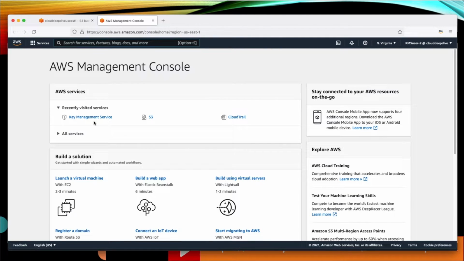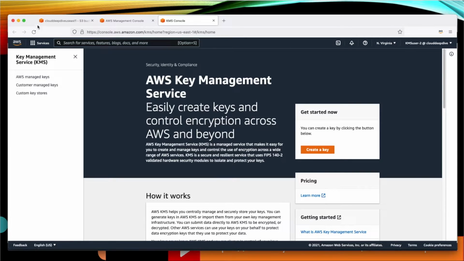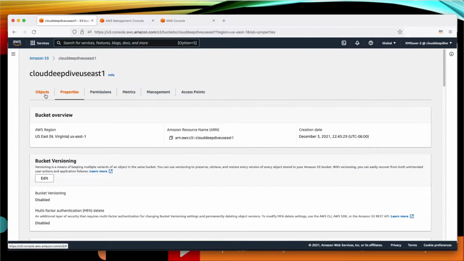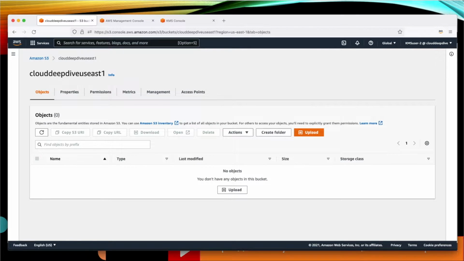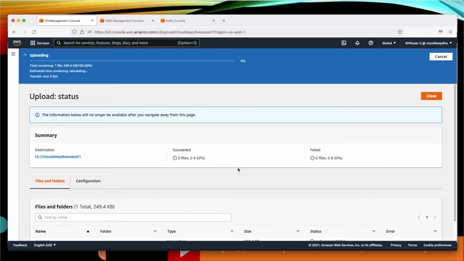Next, if we go to the KMS, because this user does not have any permission, the user won't be able to list any keys as well. If this user tried to upload any object to the bucket, the user won't be able to do that because S3